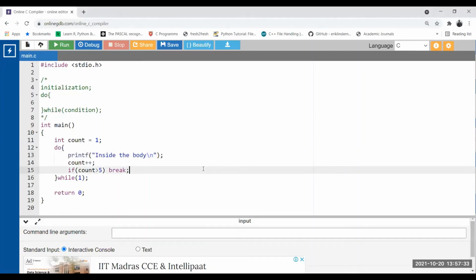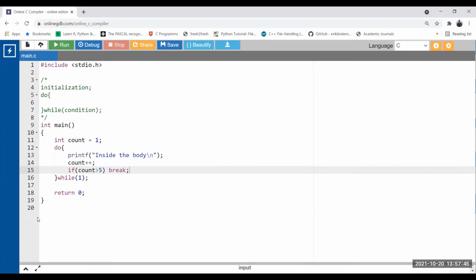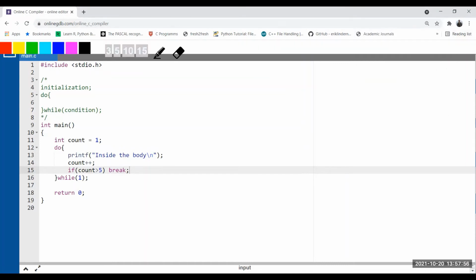Okay, then let's continue. Now I'm going to show you in which particular case, while writing a program or solving a problem, a do while loop will be preferred over a while loop and for loop. If you look carefully at this program, this loop is controlled through this if condition.